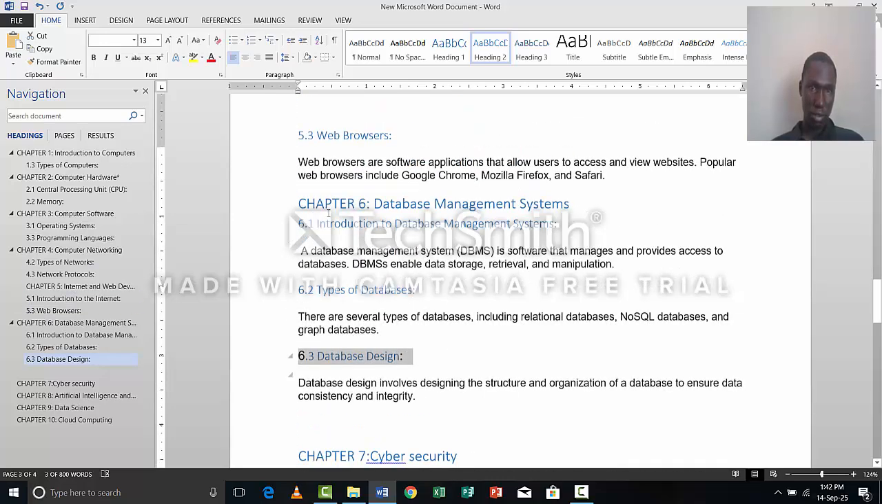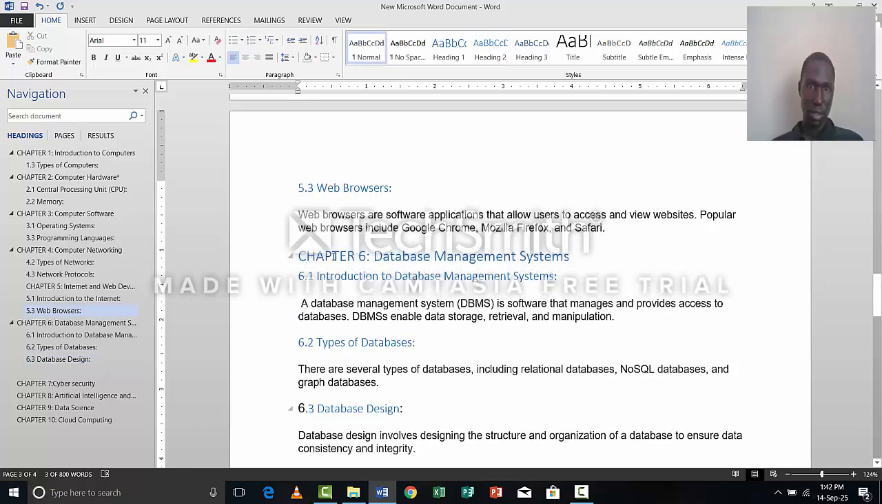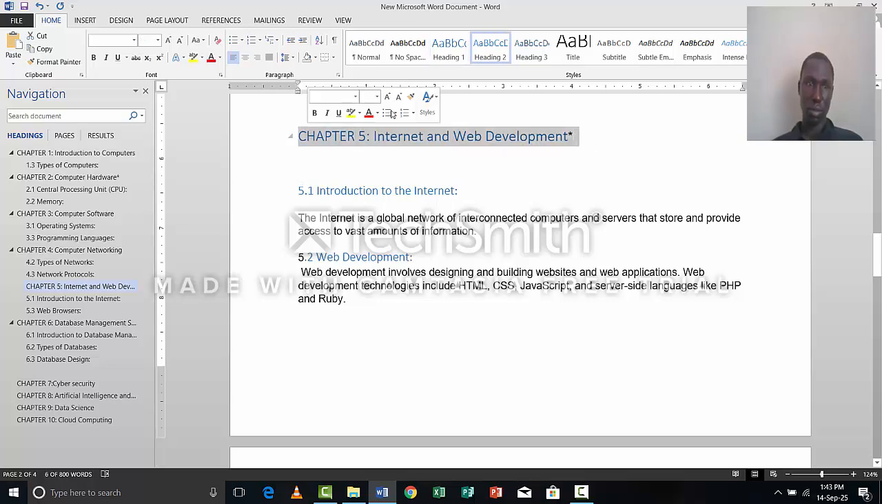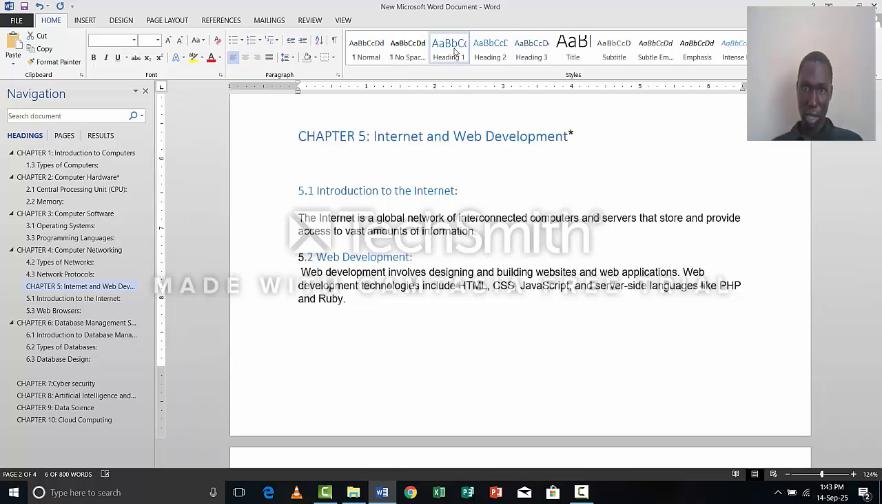Here, guys, let's first go back to chapter 5. Chapter 5 is our heading 1. So when we take it to heading 1, we see from the left hand corner it should align with those chapters. Yeah, so we were going to chapter 7, and